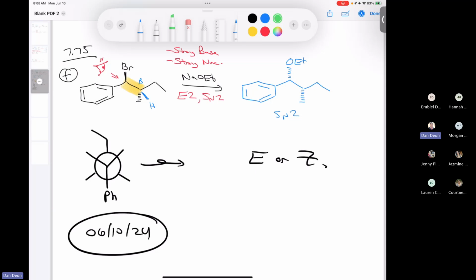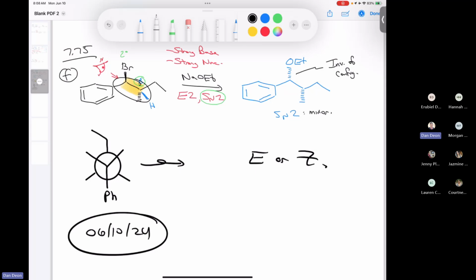Well, when you have a secondary alkyl halide, so you can see here that this is a secondary alkyl halide, we only have one kind of beta proton. First of all, if it's secondary, we know that SN2 is going to predominate. And so we get the SN2 product, and that's what I wrote here. And of course, remember that when you do an SN2 on a stereocenter, we get inversion of configuration. But we know that is actually going to be the minor product. So we can put here the SN2 product is the minor product because it's the E2 product that is going to predominate. So what I said is, you need to draw a Newman projection